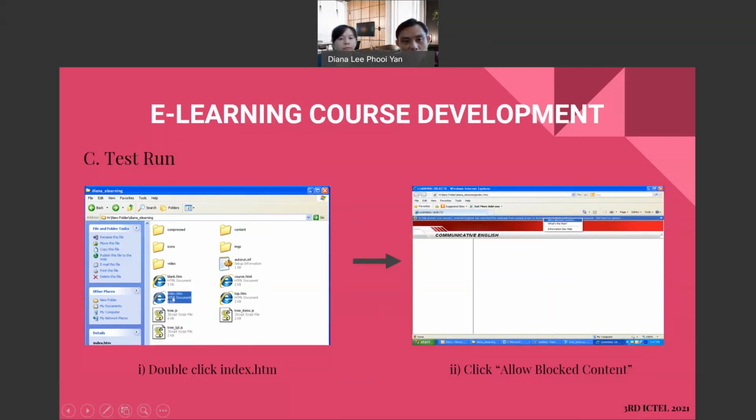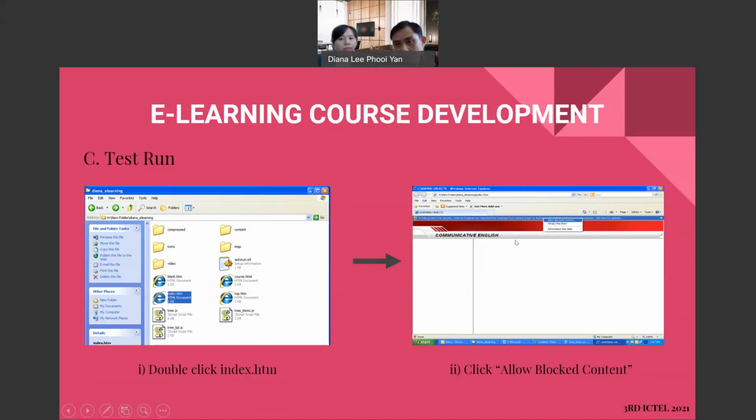We go to the HTML file we developed, and once we have created the test run, we will go to this page. Here, normally, a prompt will appear about blocked content. Just ignore it and go inside.